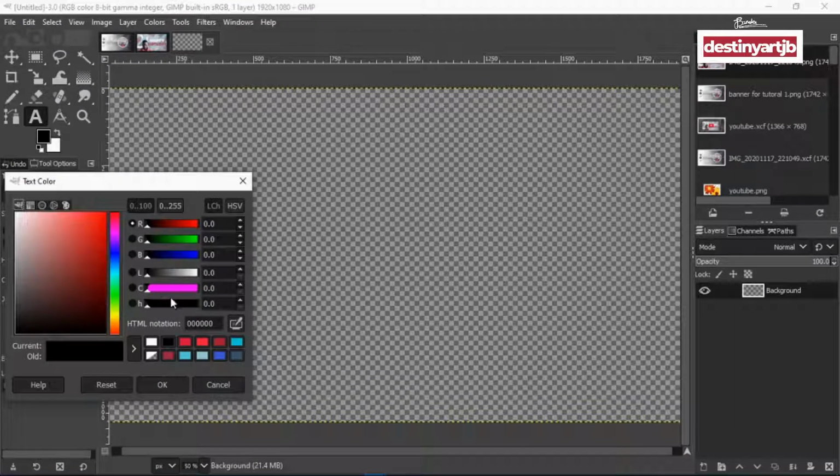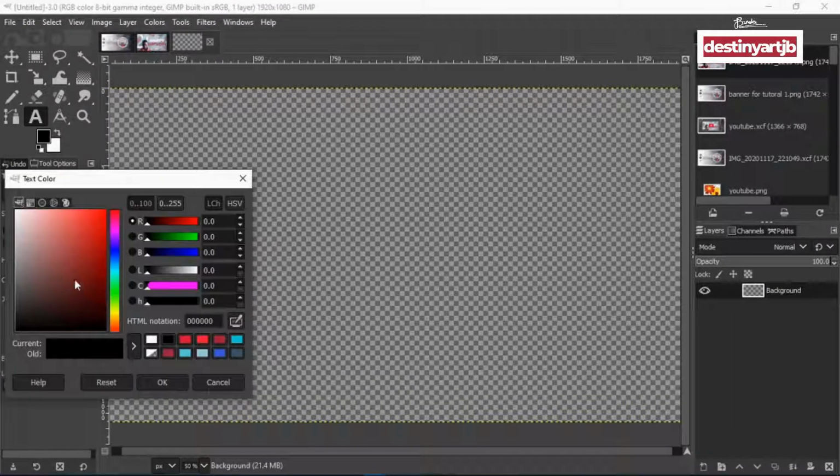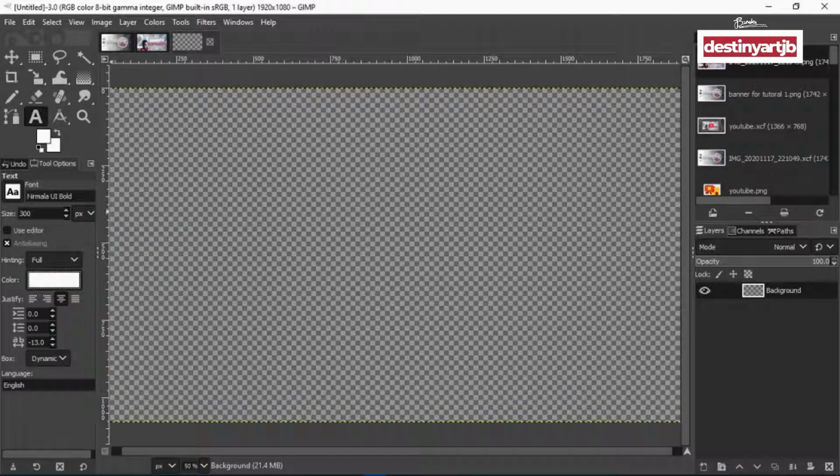After you press, set it to white, go by the color, press white. This is the notation, the six Fs just in case, and then press OK. And then you can set the size of your text here, but in that case I will stick with